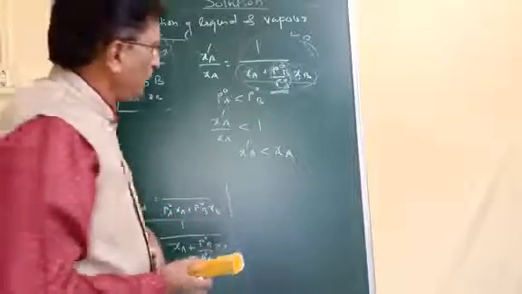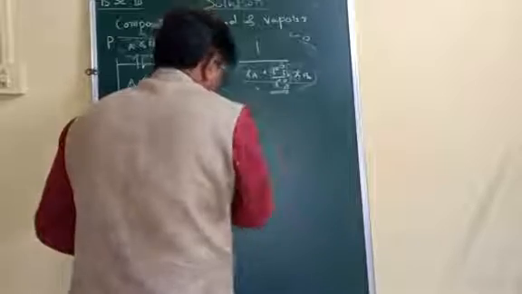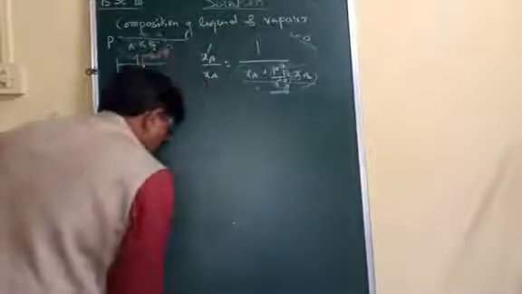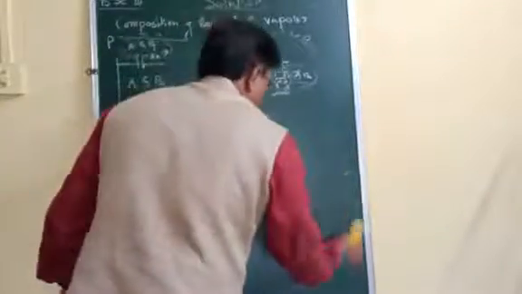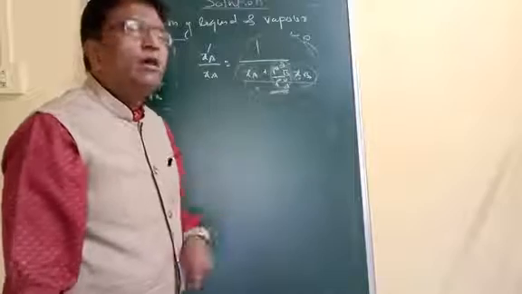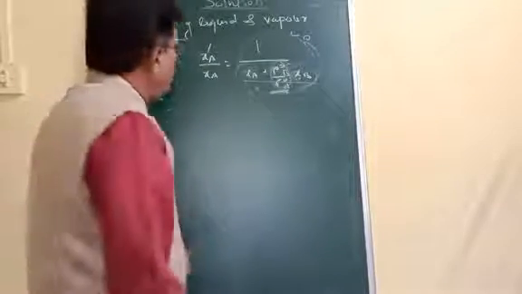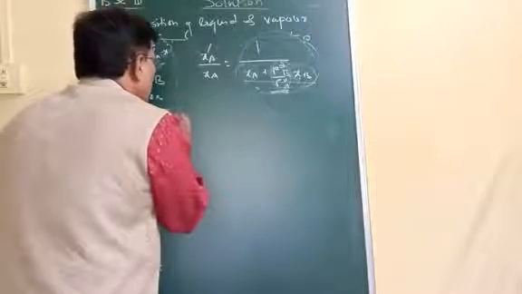Isn't it? And therefore, with the help of this equation, we come to the conclusion that the component which possesses higher vapor pressure will be more in a vapor phase than in a liquid phase. And therefore, with the help of this conclusion, we can state it